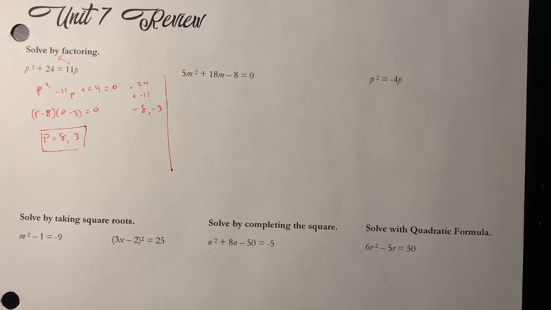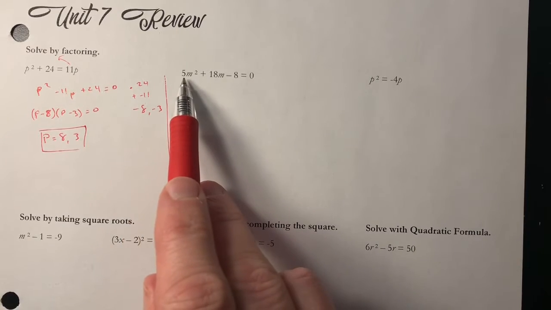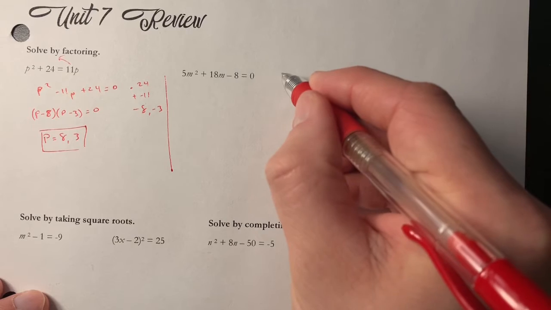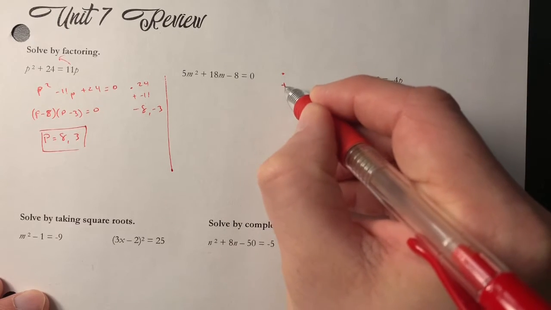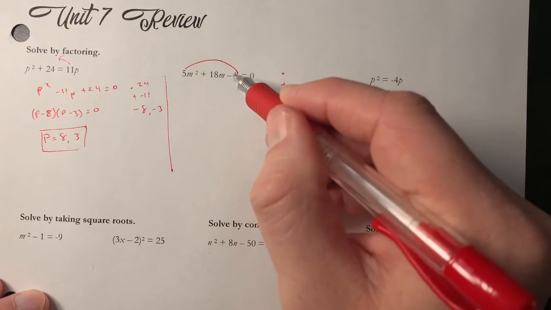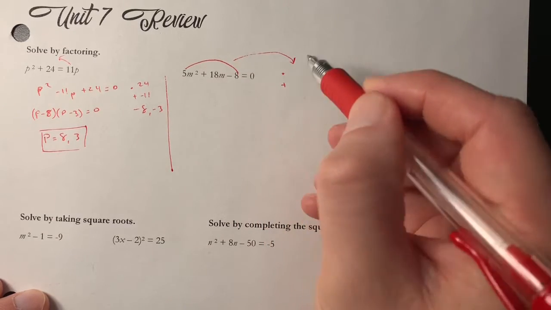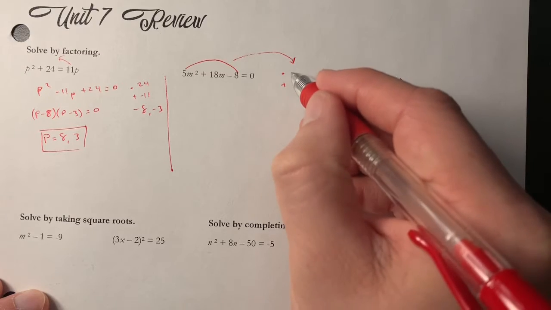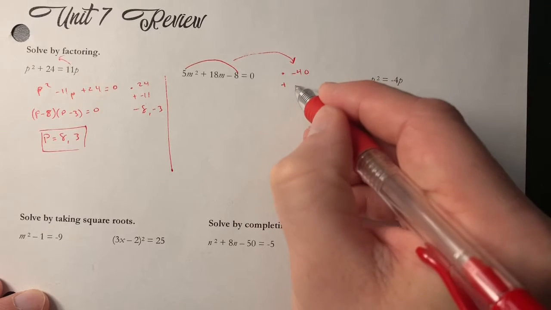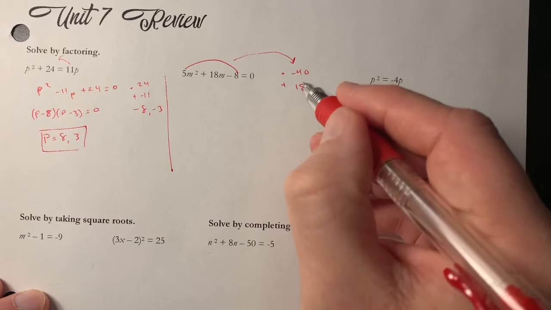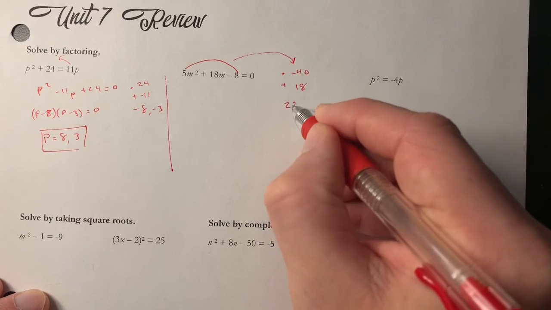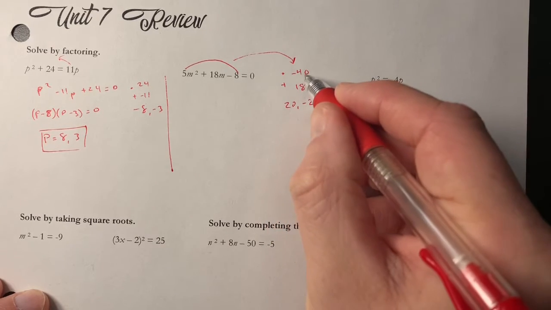Now this next one has a lead coefficient that is not 1. So on this one, I am going to factor by grouping. First, I need to know what I have to multiply to and what I have to add to. We have to multiply to the product of 5 and negative 8, which is negative 40, and we're going to add up to 18. Numbers that multiply to negative 40 and add up to 18 are 20 times negative 2 and 20